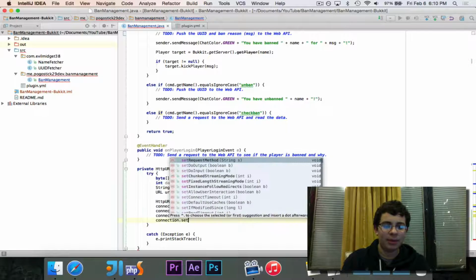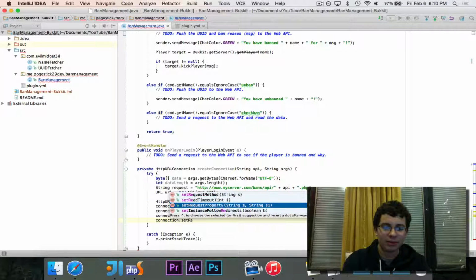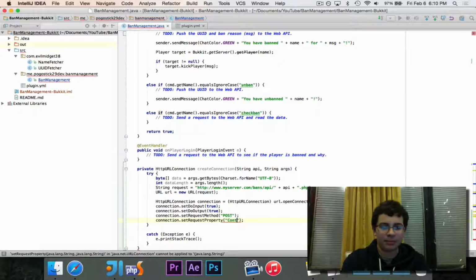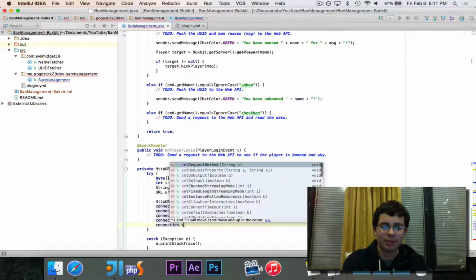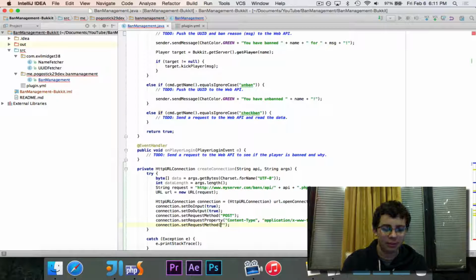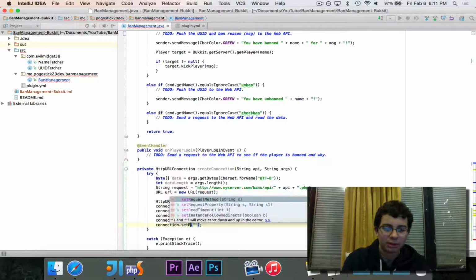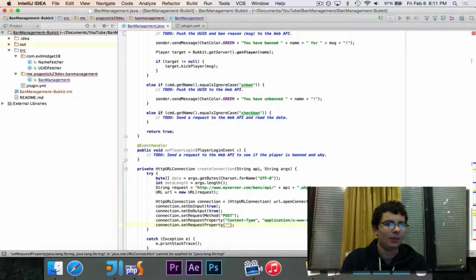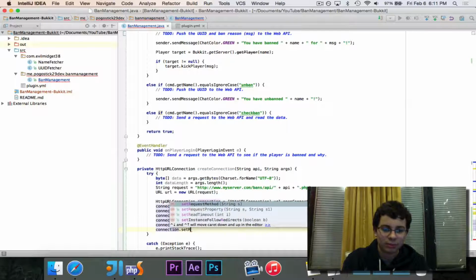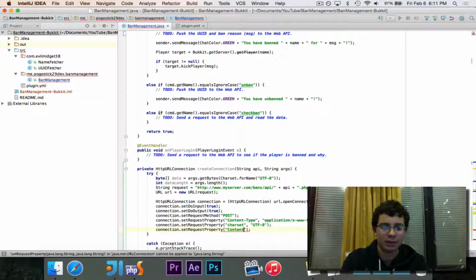And then there are a couple of request properties. For example, content type, which we'll just say application/x-www-form-urlencoded. Don't worry about that. That's just the type of data that we're going to send. It should be property, not method. Set request property. The other one is the charset, which is we're doing everything in UTF-8, and request property of content length,